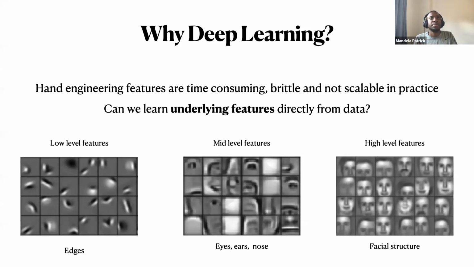So what deep learning has been able to achieve is that we can essentially learn the underlying features directly from the data itself. And as I said, features are just what we call concepts that are important to classify or understand the content of an image. So for example, eyes, nose, ears, and then just general facial structure. And as you can see, you could build up what we call a hierarchy of features. So you have low-level features, such as edges, such as circles, more mid-level features, such as eyes and nose. And then when you go to a higher level, you have stuff like just general facial structure, etc.